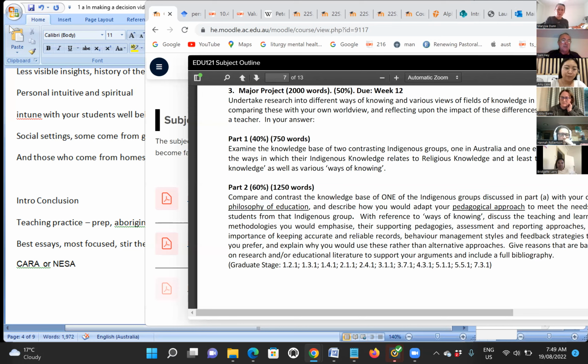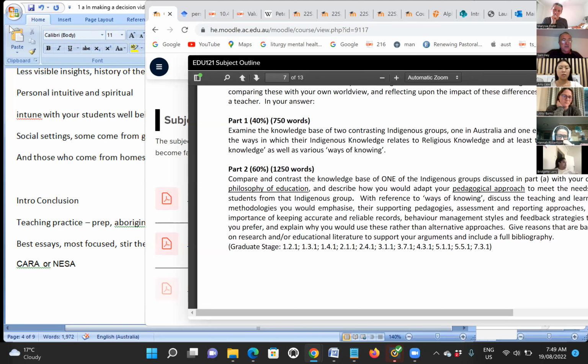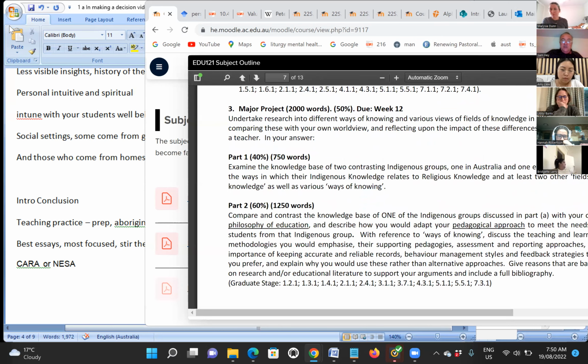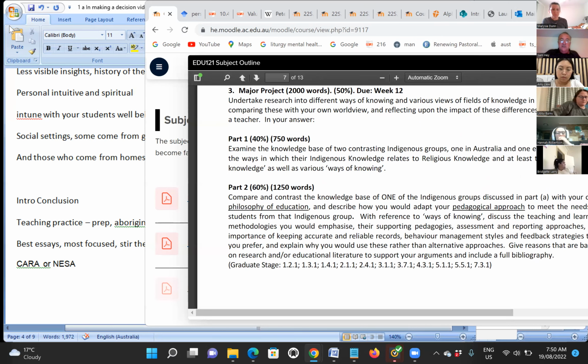So if Piaget is thoroughly covered in another subject, don't spend too long here, but you may include a paragraph on Piaget. If Bloom's taxonomy is thoroughly covered in another subject, we probably won't mention it in this subject so much. So don't spend too long on Bloom's here unless it's absolutely needed. But a good point. Look at the major project now, particularly where it says you've got to look at 2